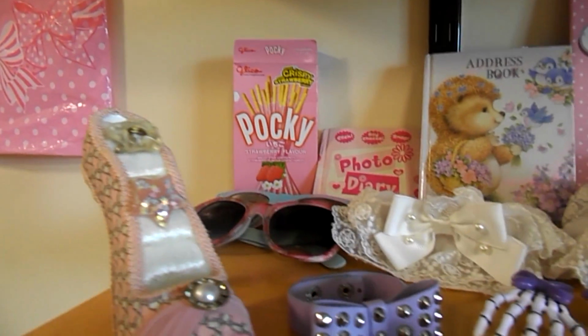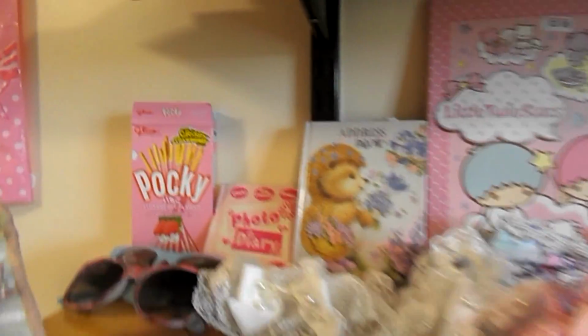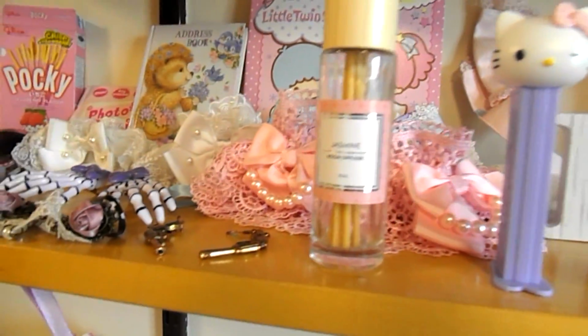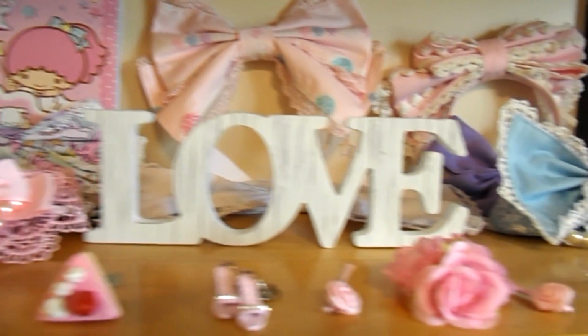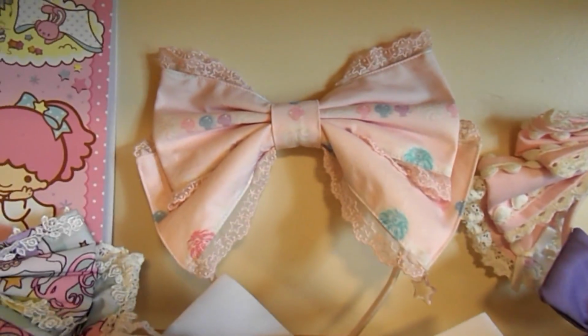Obviously in halls it is just a room, and then depending on whether you have an ensuite or not there's a bathroom, but you can't really customise a bathroom, so as you'll see. So this is really where I put most of the stuff that kind of, I don't know, like makes me happy and all the cute stuff back when I only had one Tsum Tsum, and some of my head bows and stuff from my dresses,